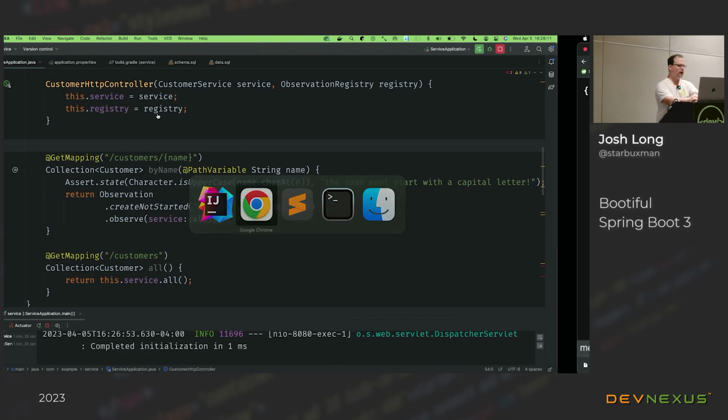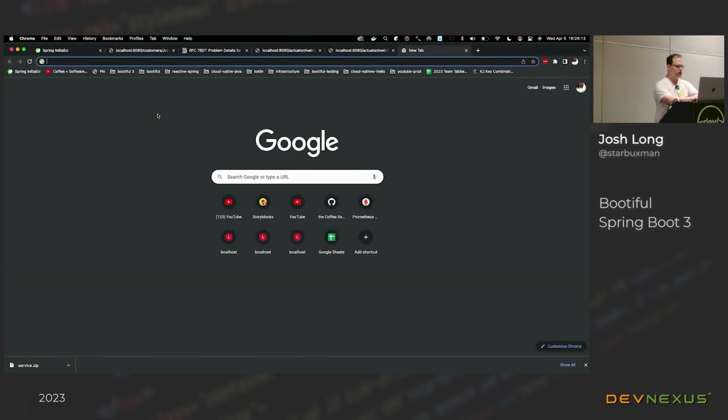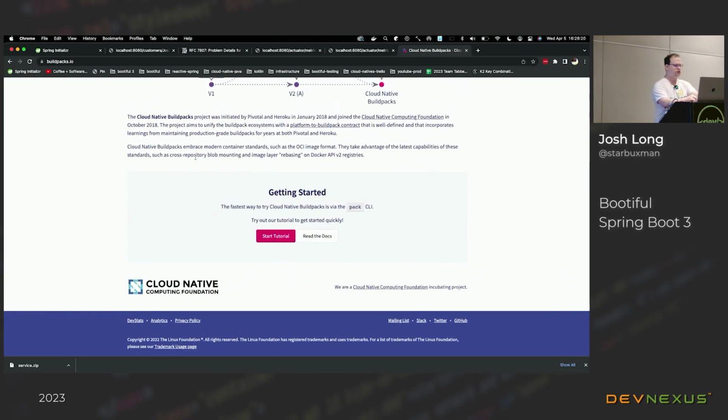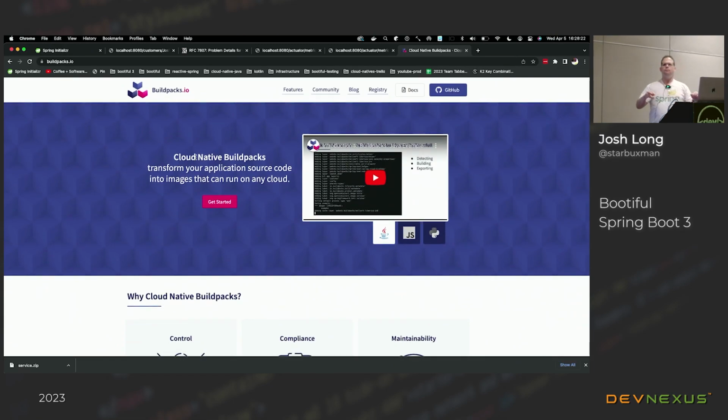And so the first thing I'm going to want is how do I take this and turn it into a Docker or OCI image? The easiest way to do that is to use build packs, right? Build packs are a Cloud Native Computing Foundation specification that allow you to take your application artifact, be it a Java application or a Node.js application or Ruby on Rails application or .NET assembly application or a Python application or a